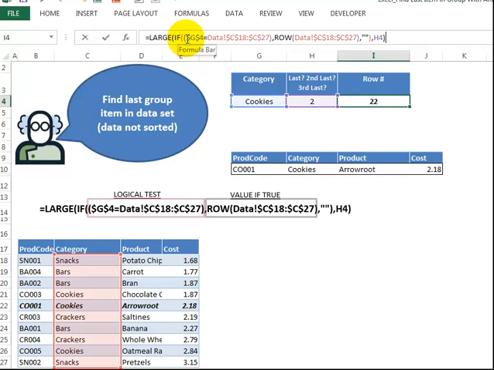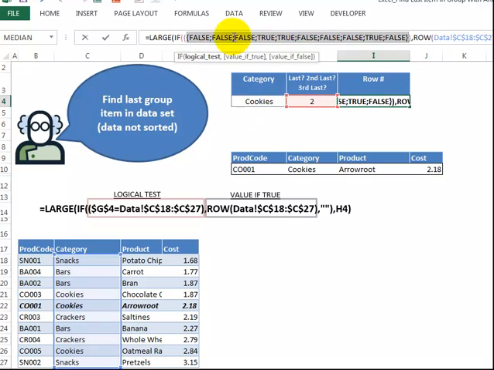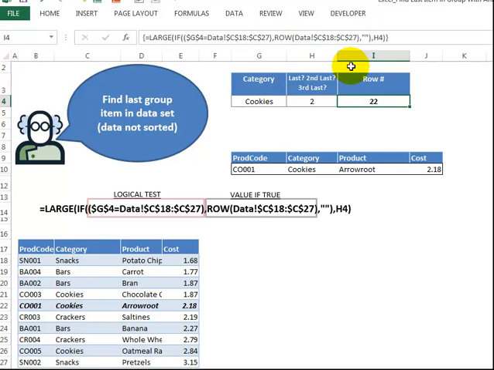So I'm going to highlight this logical test, which is inside of the brackets here, and I'm going to press the F9 key. We're going to see true and false all the way across, corresponding to, if it's the same, we get a true. Well, this is not the same, not the same, not the same. So it's the third and fourth items that are true, and then there's one more near the second last item is true. So I press the escape key,